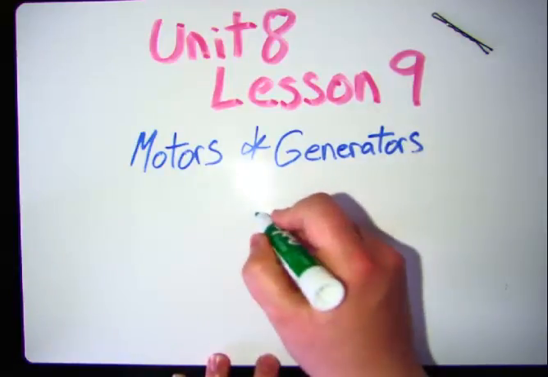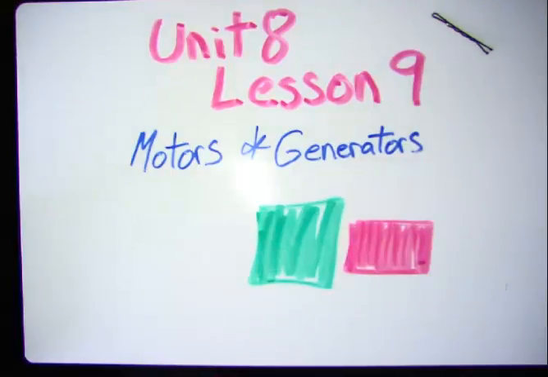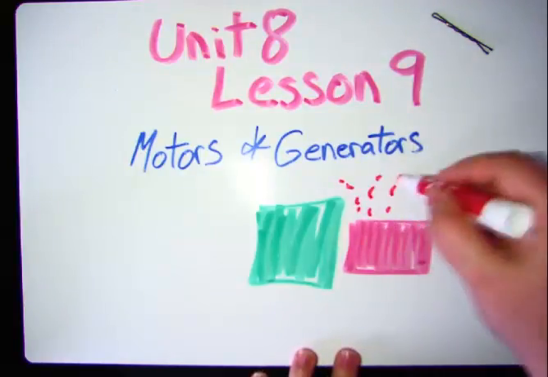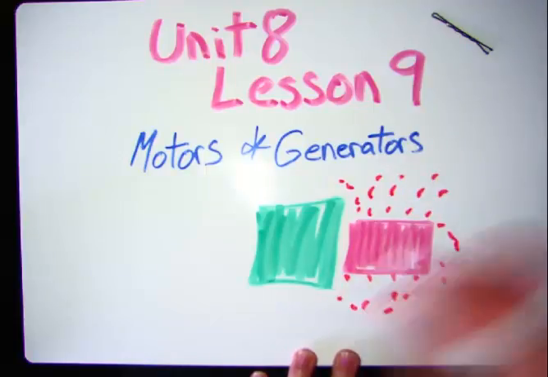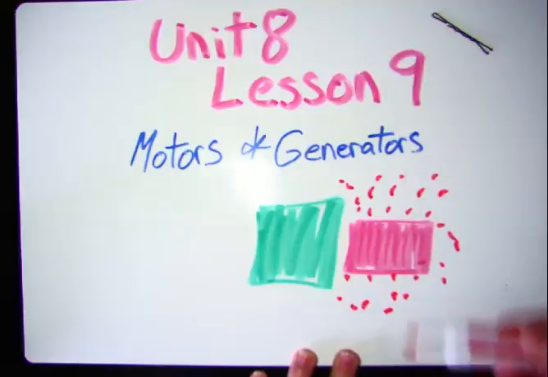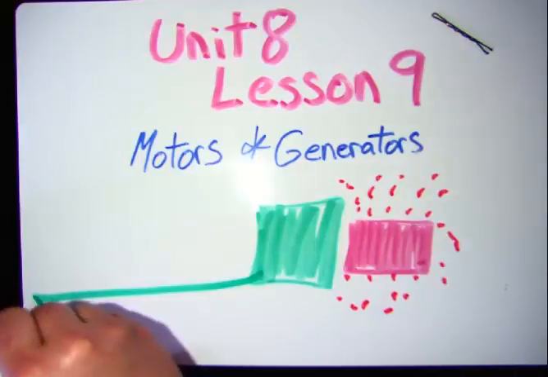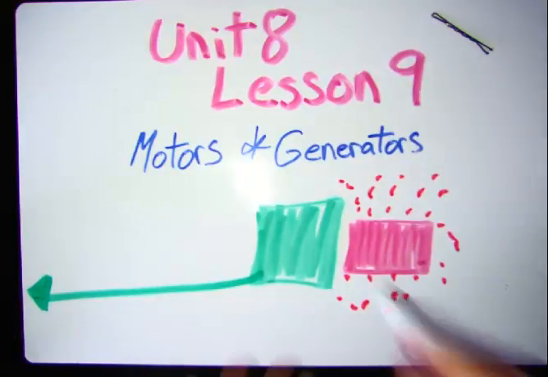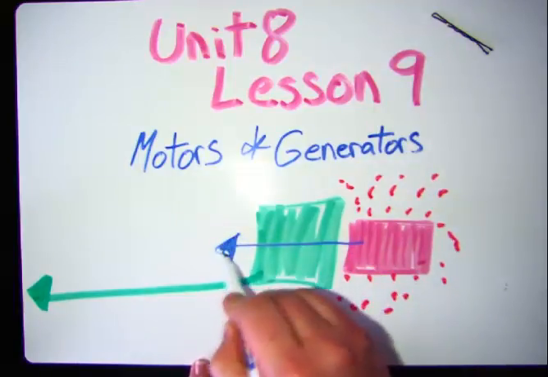If I have my copper coil and I have my magnet here, remember that magnet is going to have that magnetic field around it. You can draw that in. I'm just going to use dots to represent it. And that's coming off in all directions, so it's 360 degrees around that magnet. I've got my copper wire going to the capacitor. Alright, so as that magnet moves back and forth through the copper wires,